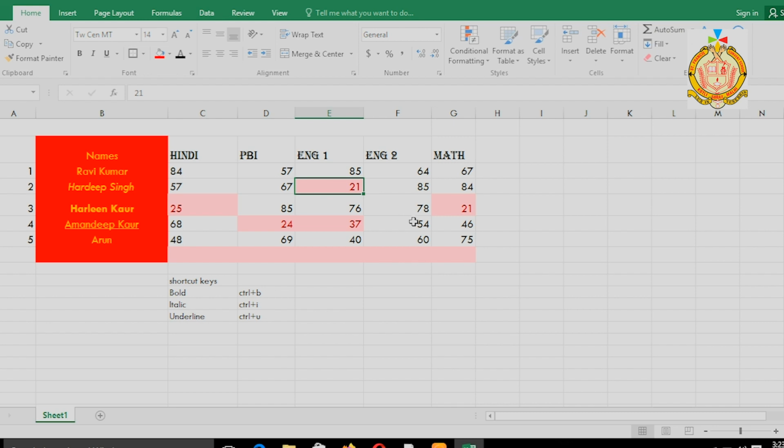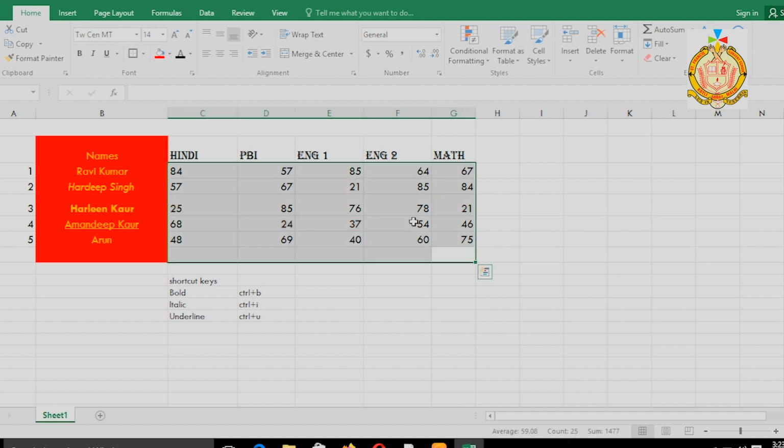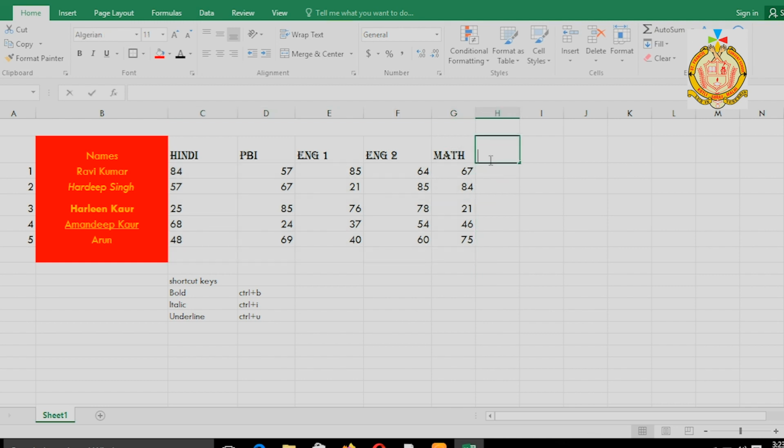Okay, next we have a formula. If you want to total, a formula is a sequence of values, cell references, names of functions and operators. This is called a cell reference. Here the names of the cells are A3, A2, A4, and here B4, B3.